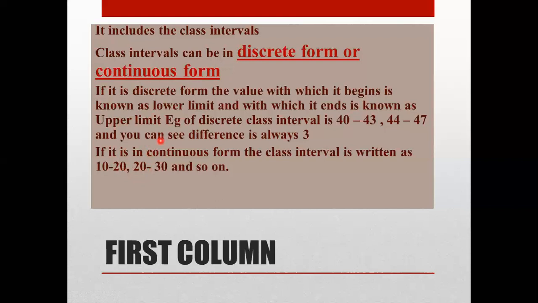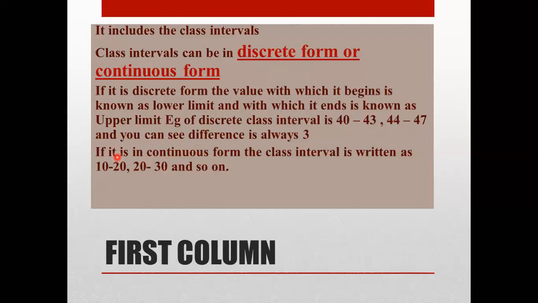So when it is the same, it is in the continuous form. Okay, so this is the difference between the discrete form of class interval and the continuous form of class interval. Discrete means you can see that the upper limit of the first and the lower limit of the second class interval are different. They are not matching, they are not the same. Then if they are different, it is known as discrete. But here you can see in this class interval, the first class interval's upper limit and the second class interval's lower limit are the same. Then it is in a continuous form. So children, I hope till here you have understood that when you are writing the first column, there are two types of frequency distribution table.